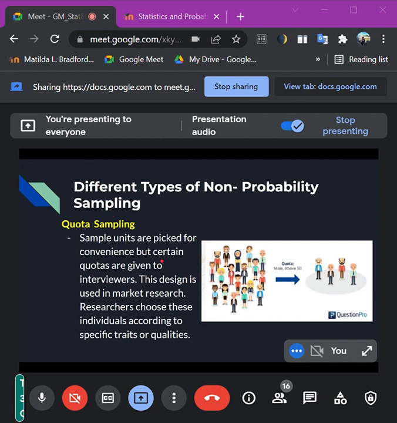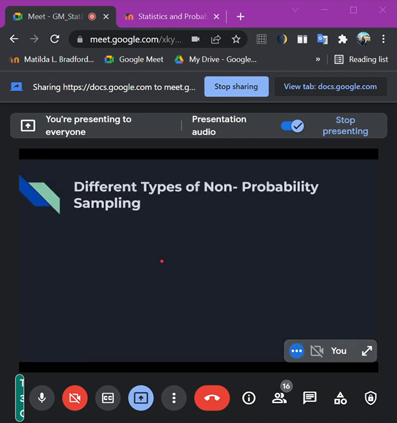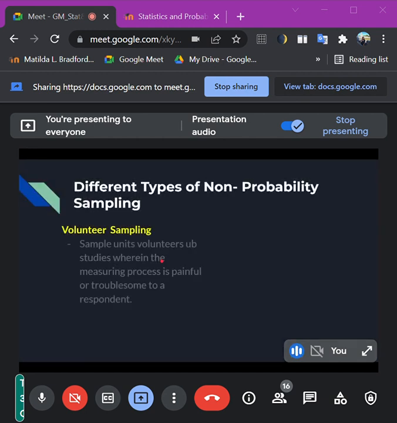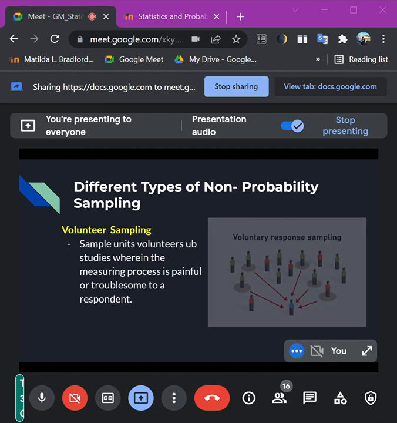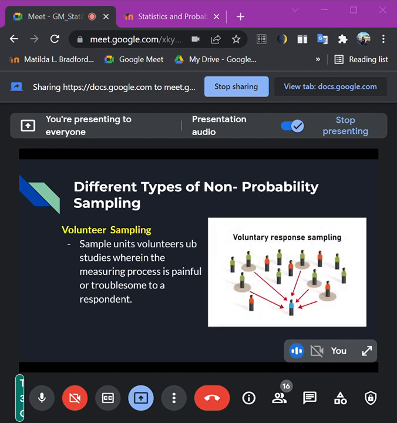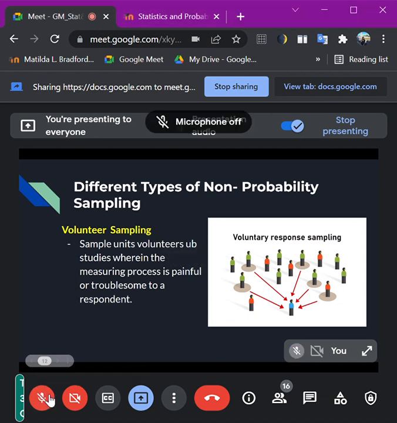Okay? And now for the next one we have here volunteer sampling. Rojo, can you please read? Sample units, volunteers,